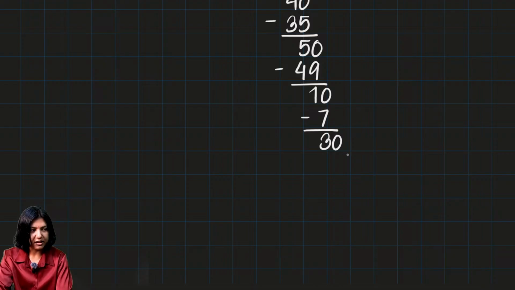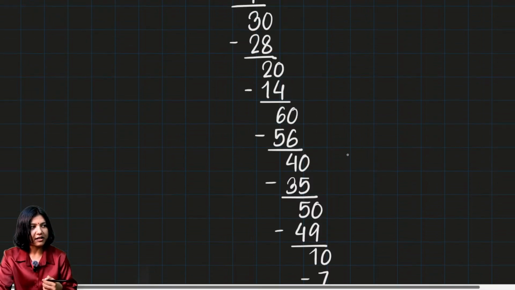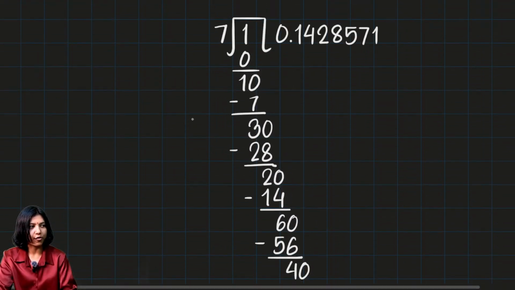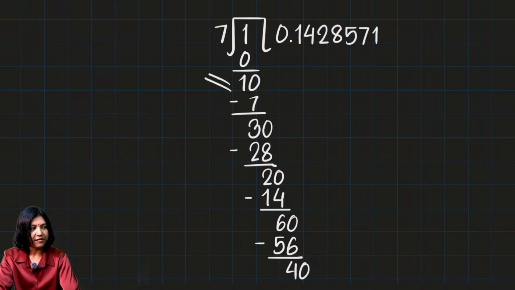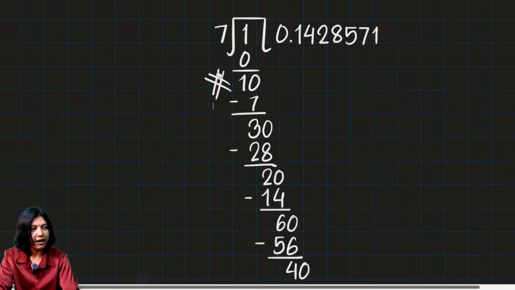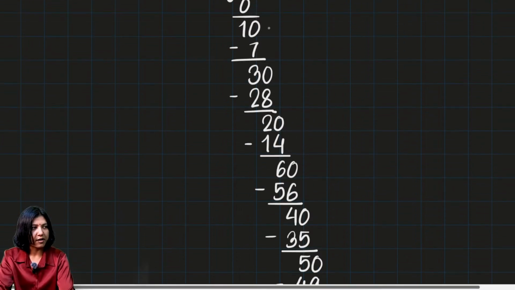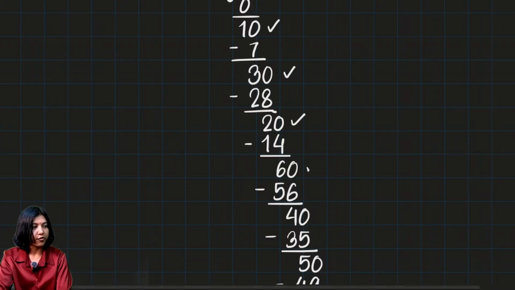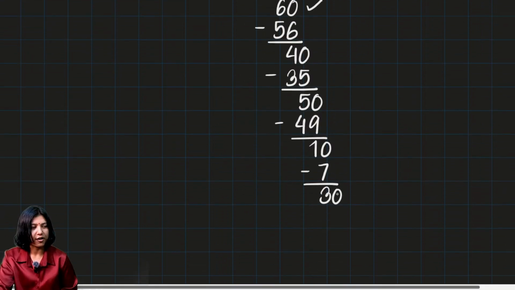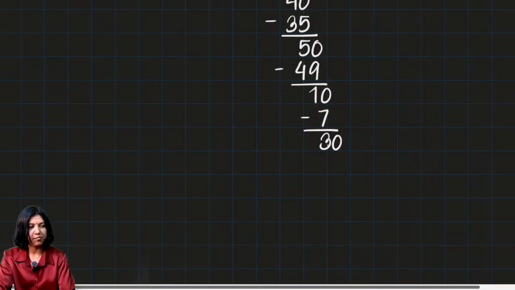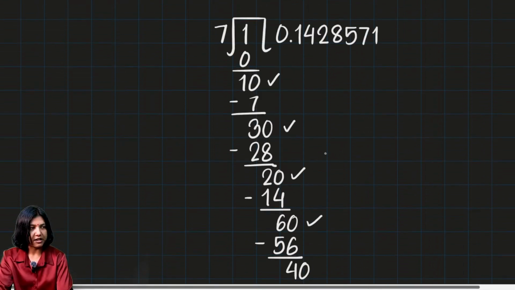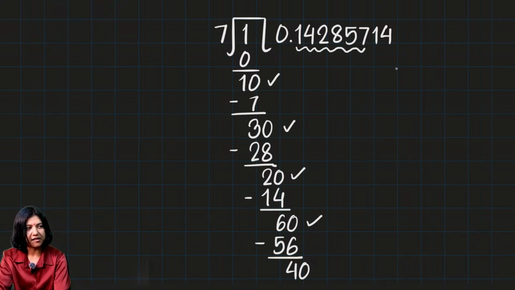So 30, if you'll see, then you did get the remainder 1 before, or in the first place itself, you had got the remainder of 1, which means the next thing that's going to happen is you're going to get a remainder of 1, followed by 3, followed by 2, followed by 6, and this will carry on, okay? So 7 times how much is nearest to 30? 7 times 4. So now you see, you have these digits repeating, and this is exactly the same thing that will repeat,